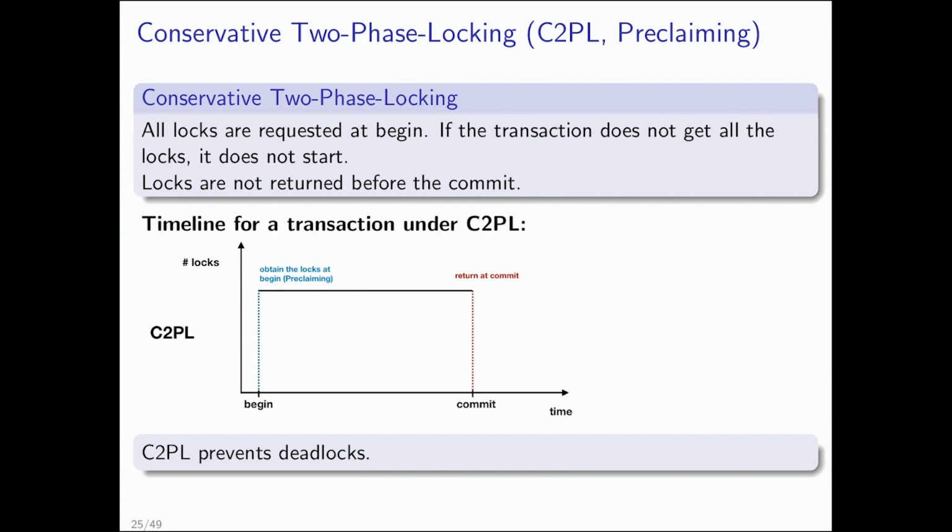That doesn't work under conservative two-phase locking. You have to order your stuff at the beginning. Actually, when entering the restaurant, before taking a seat at the table, ironically, you have to say that's what I want to eat and that's what I want to drink. And so that's completely unrealistic. It would prevent deadlocks, but it's